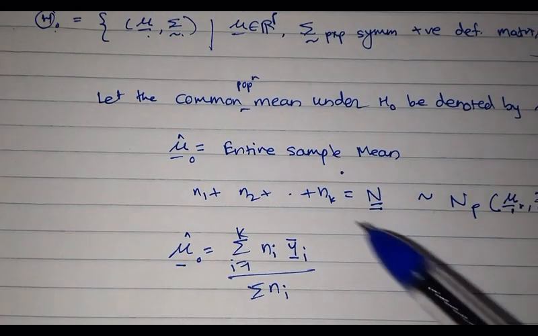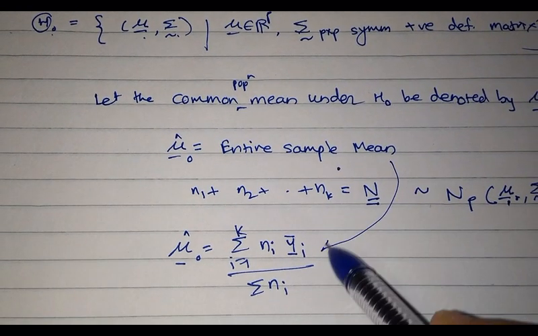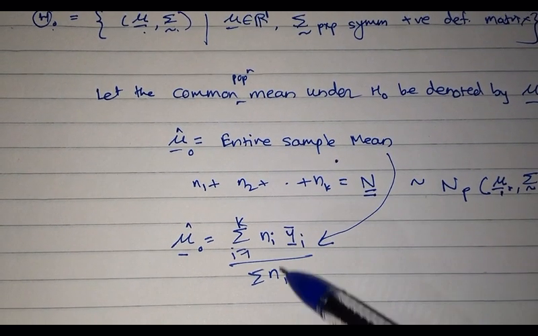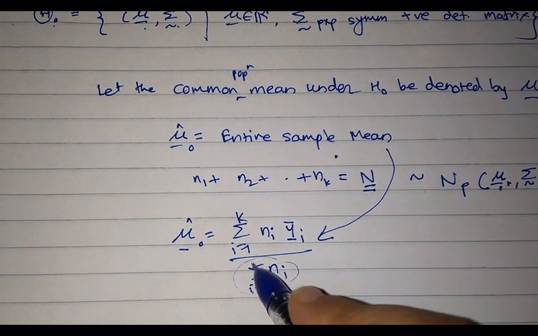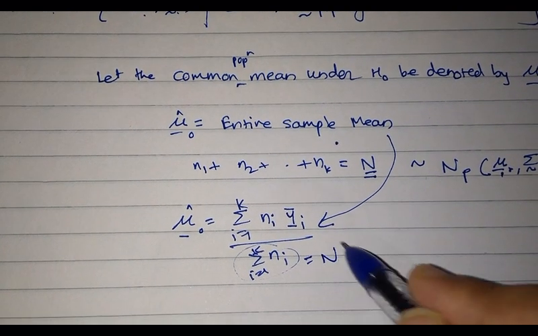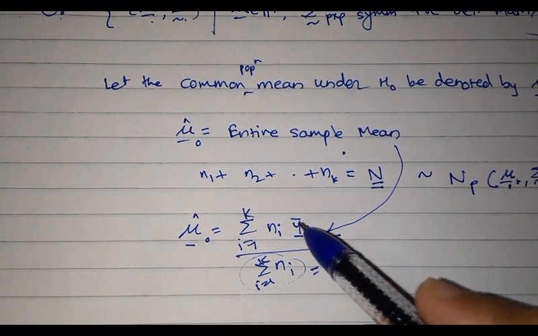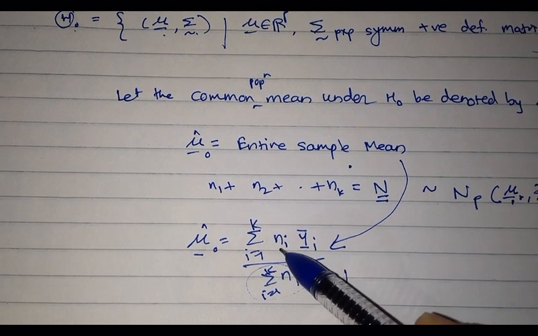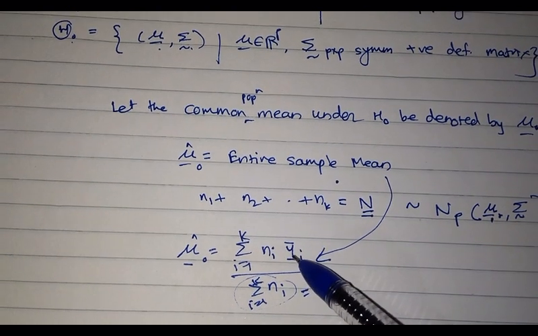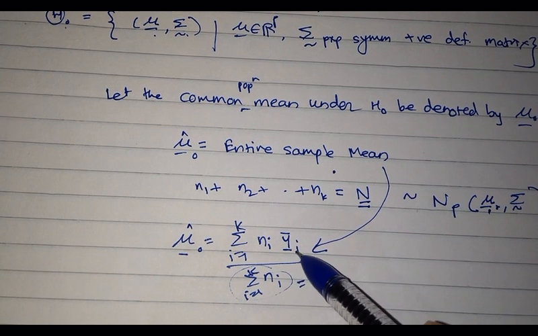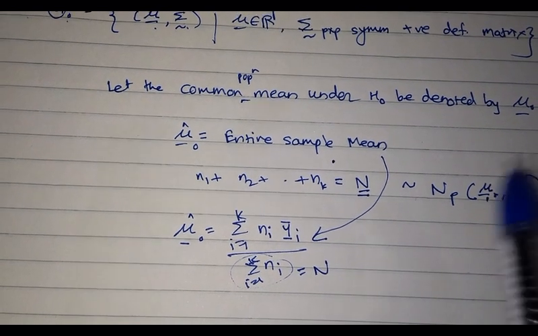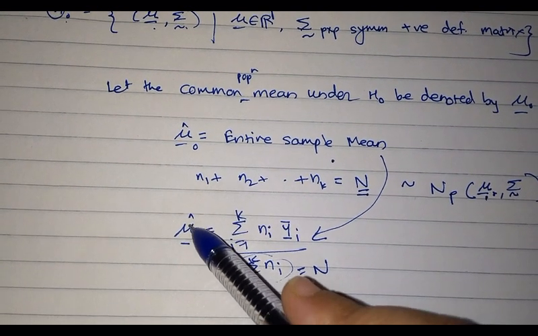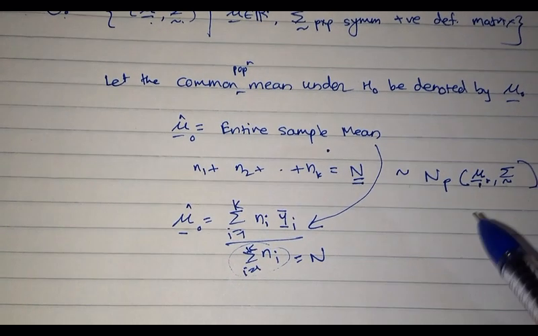Again, I hope this is clear that this is same as this. See, this is total number of observations, which is capital N. So in the numerator, I need sum over all observations. Sum over all observations I can compute this way: N1 into first group mean, N2 into mean of second group and so on. So I get sum over all observations divided by total number of observations. So that is my estimate of mean under H naught. Is it okay?